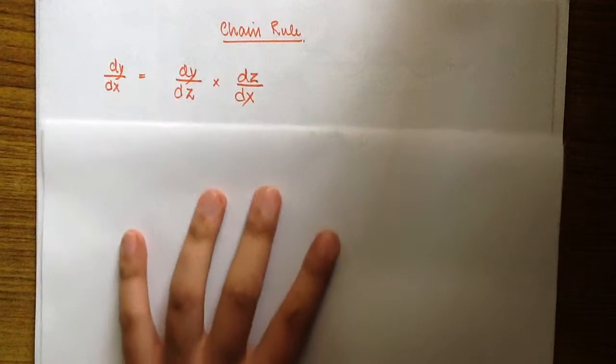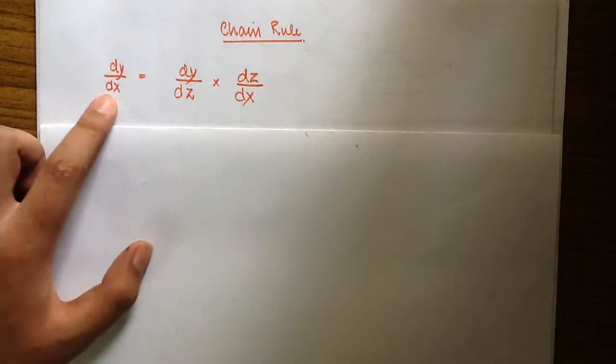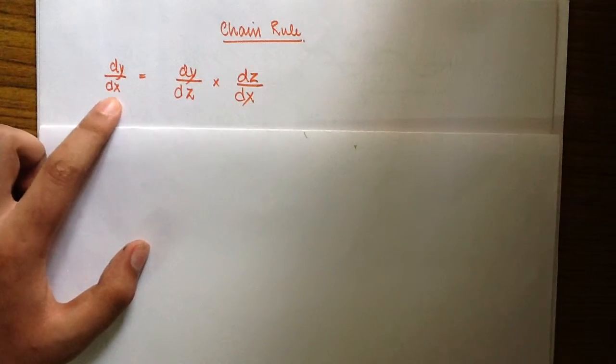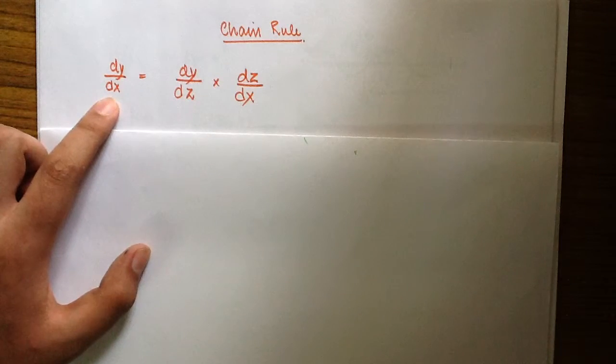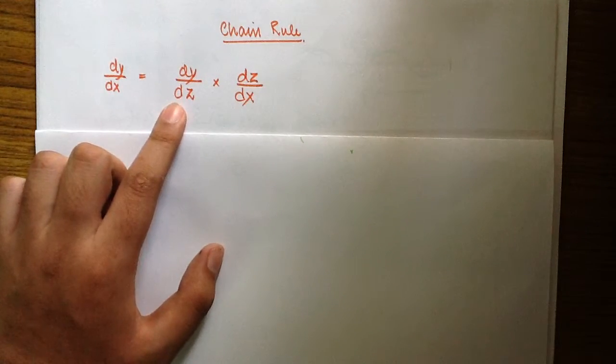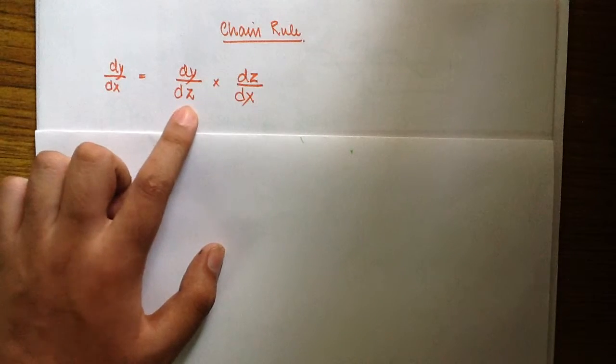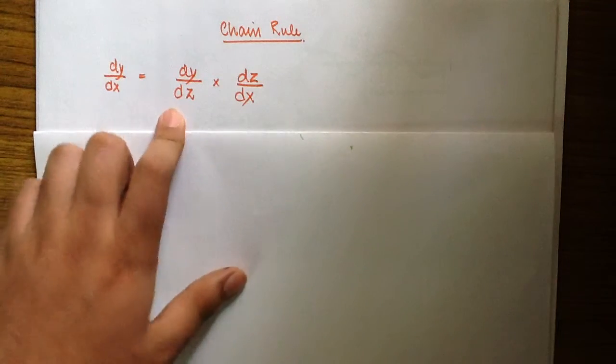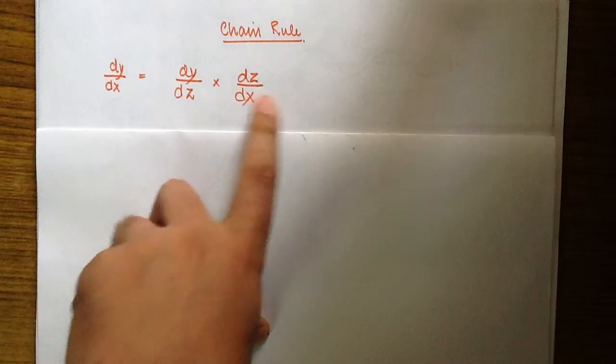Alright guys, today we'll talk about the chain rule. It's a very helpful rule in calculus, and it is represented as this. That is, when we take the derivative of a function y with respect to x, we can actually take the derivative of that function y with respect to any other variable, say z, and then we multiply